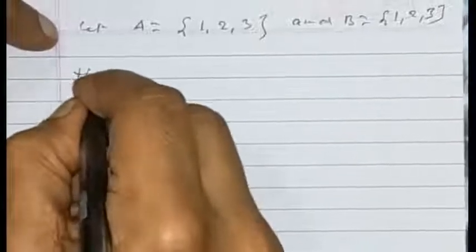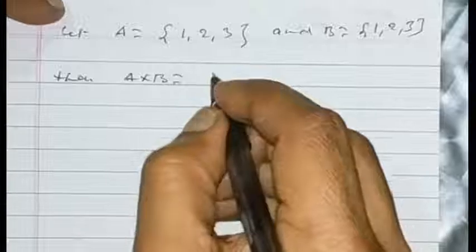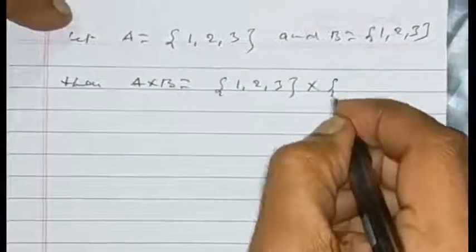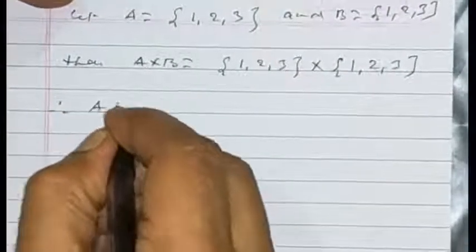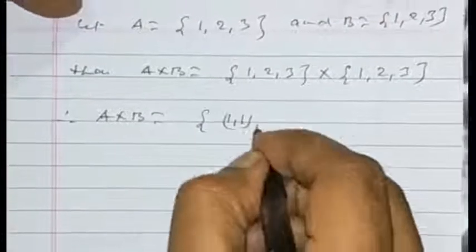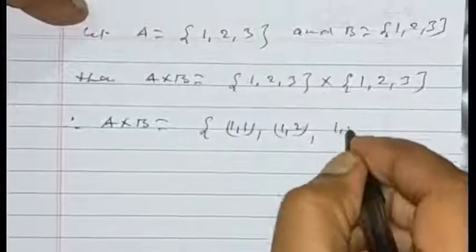Then A cross B is equal to {1, 2, 3} cross {1, 2, 3}. Therefore, A cross B is equal to the set of (1, 1), (1, 2), (1, 3),